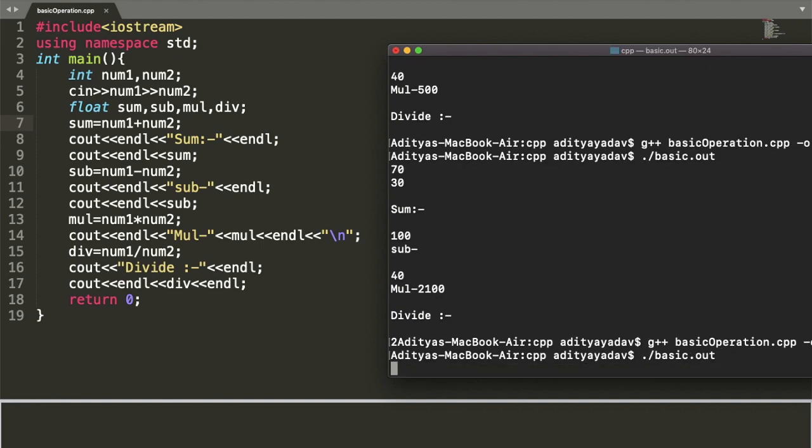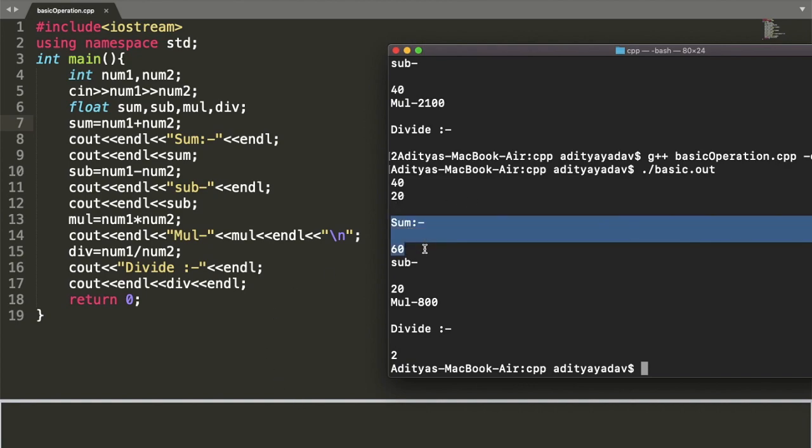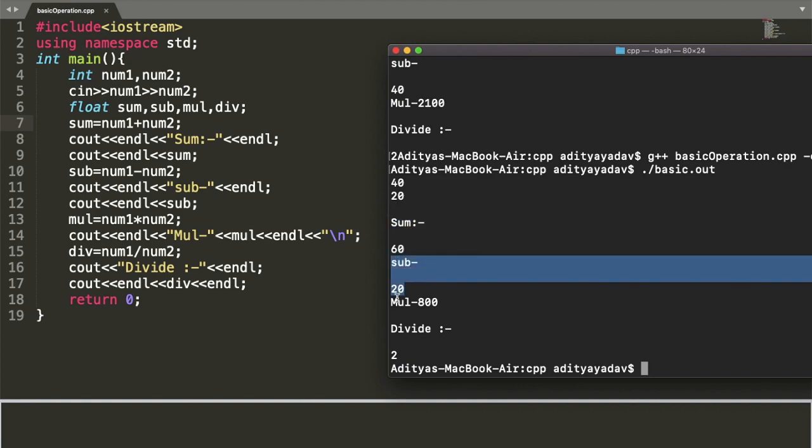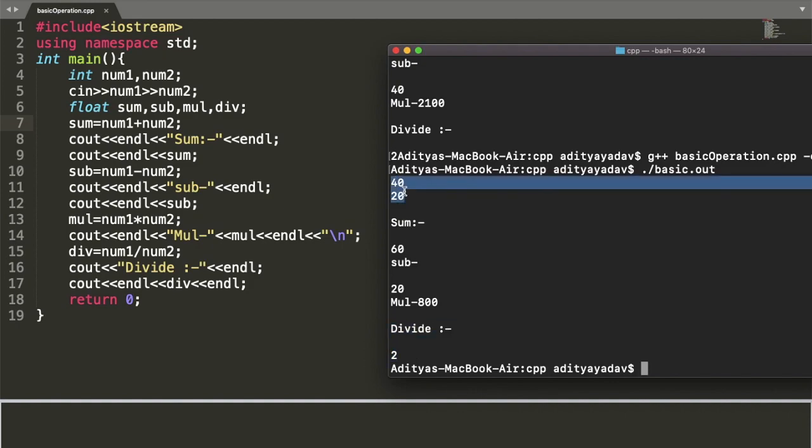That's it. Now check some values, just like 40, 20. Here the sum is 60. That's right. Subtraction, that's also 20. That's also correct. And the multiplication is 800. That's fine. And the division is 2. This is perfectly 2 because 20 divides 40 by a whole number. That's 2. And if we are using some values that don't divide wholly,